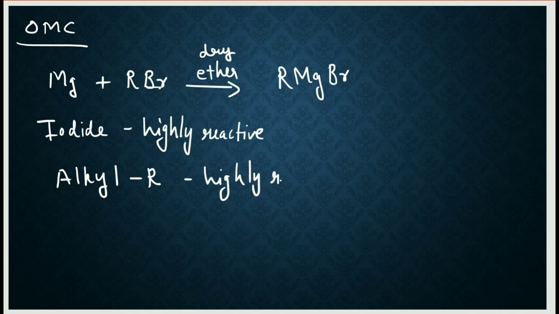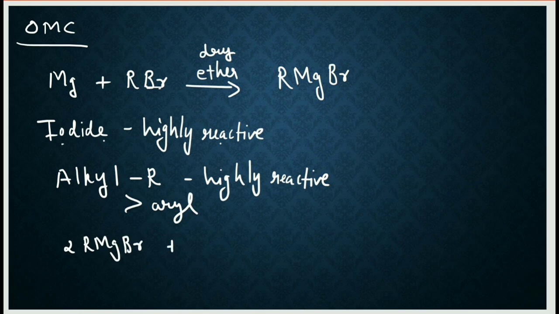So R should be an alkyl group, and if instead of bromine you take iodine, it will be highly reactive. So the reactions of Grignard reagents are